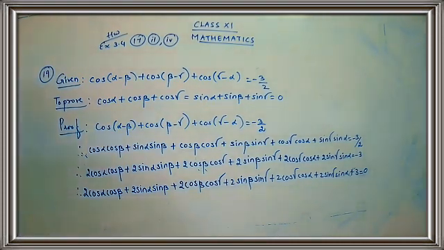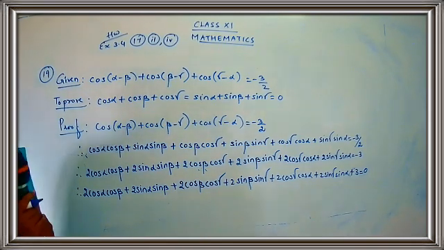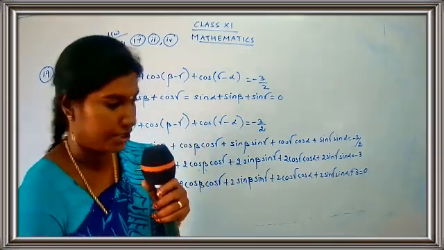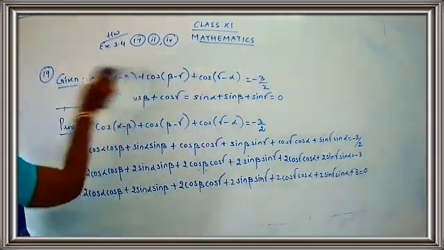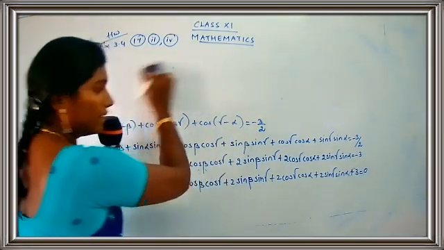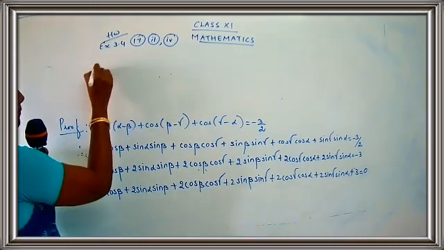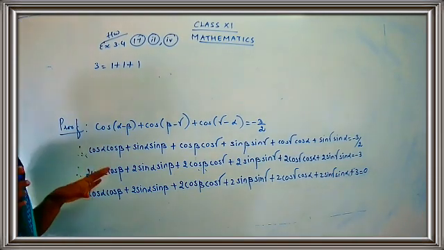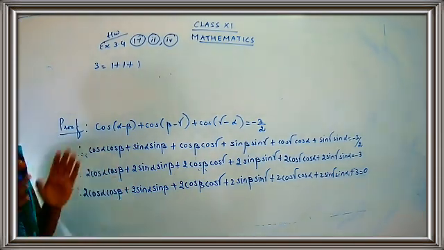Now what I am going to do over here? We want the answer in terms of cos alpha, cos beta, cos gamma, and also in terms of sin alpha, sin beta, sin gamma. So here, children, we have a constant term 3. So we are going to split that constant term. So how are we going to split it? Just understand, I'm just going to use the concept. Before I use the step, I just want to explain. So 3 can be written as 1 plus 1 plus 1.